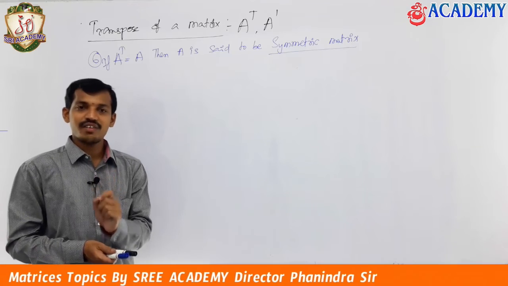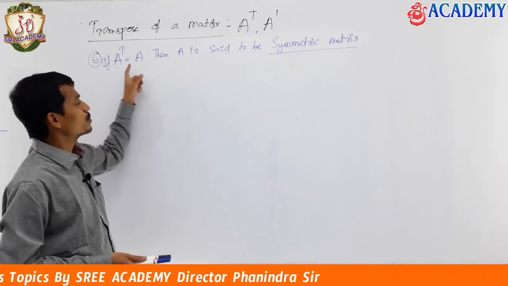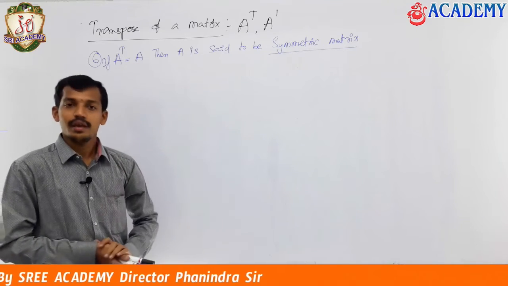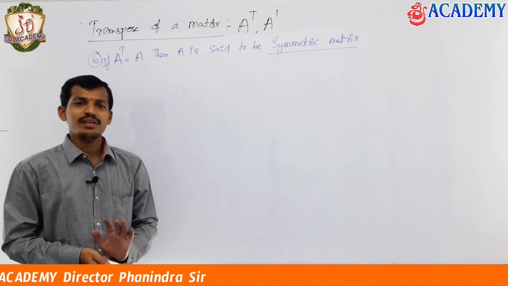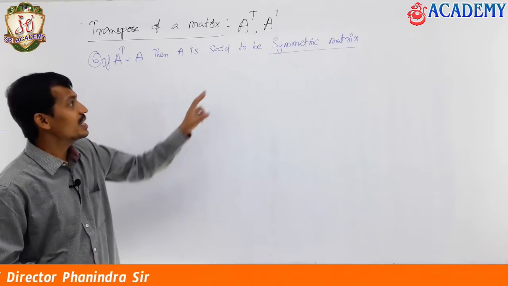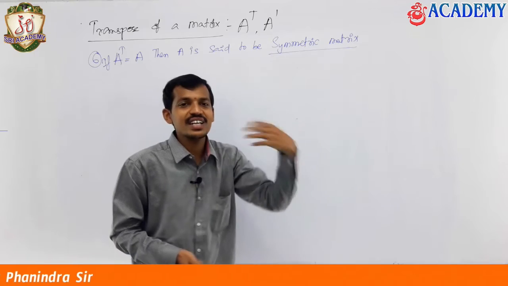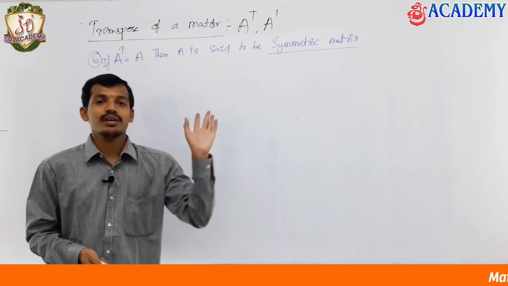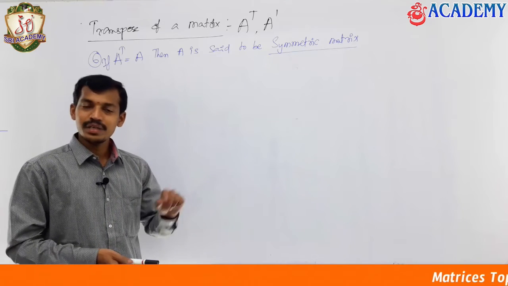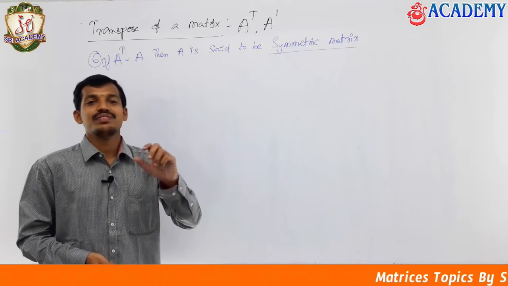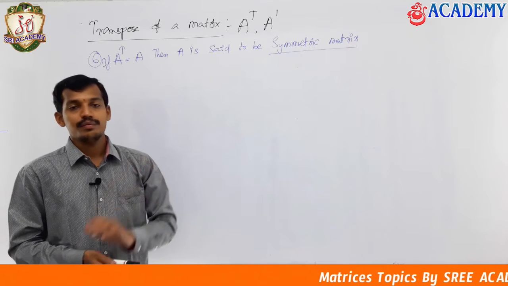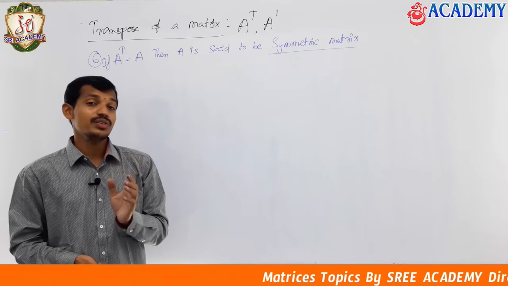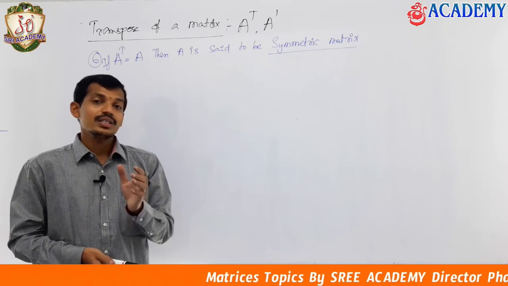If A is a square matrix, then only A transpose may be equal to A. If it is not a square matrix, A transpose cannot equal A, so it is not a symmetric matrix. A symmetric matrix is always going to be a square matrix. We can say a symmetric matrix is a submatrix of square matrix. Already I said, whatever matrices we are going to learn, those are going to be submatrices of